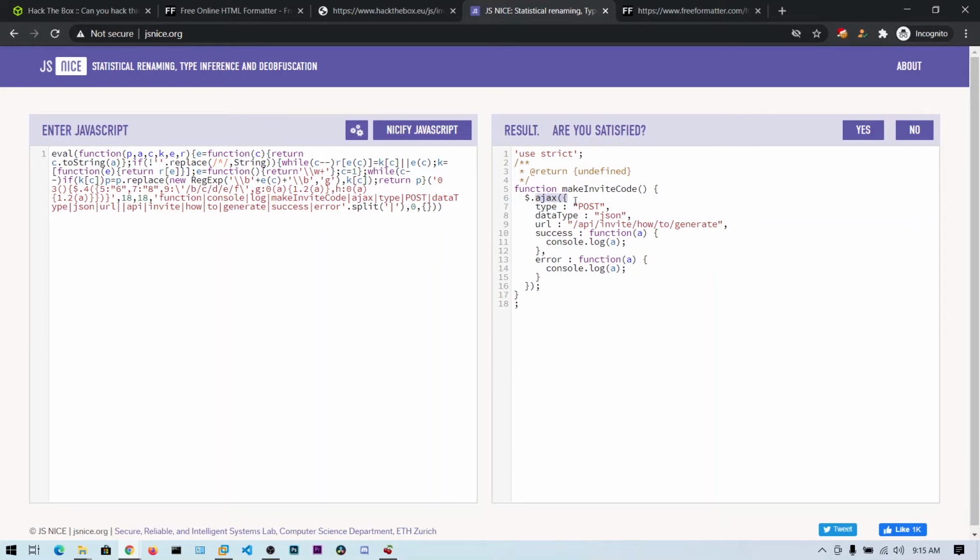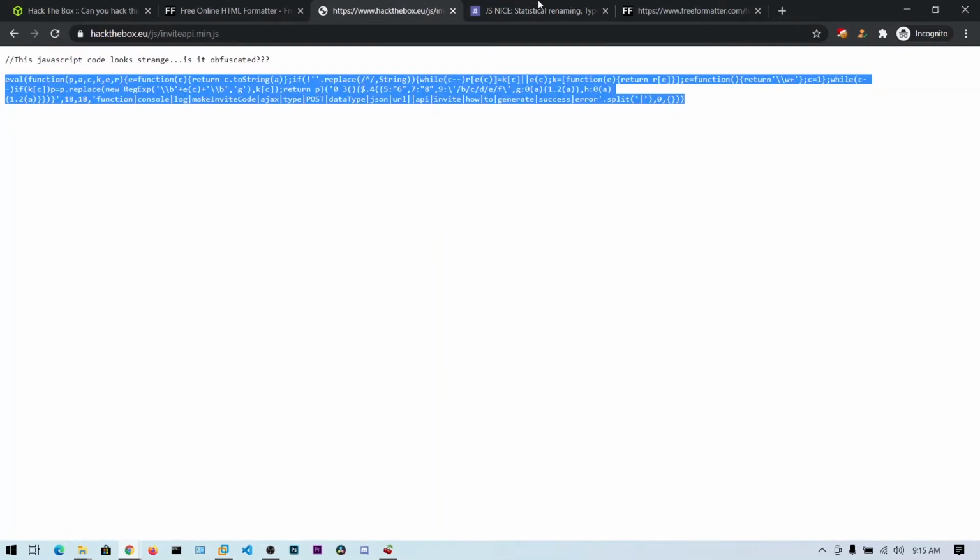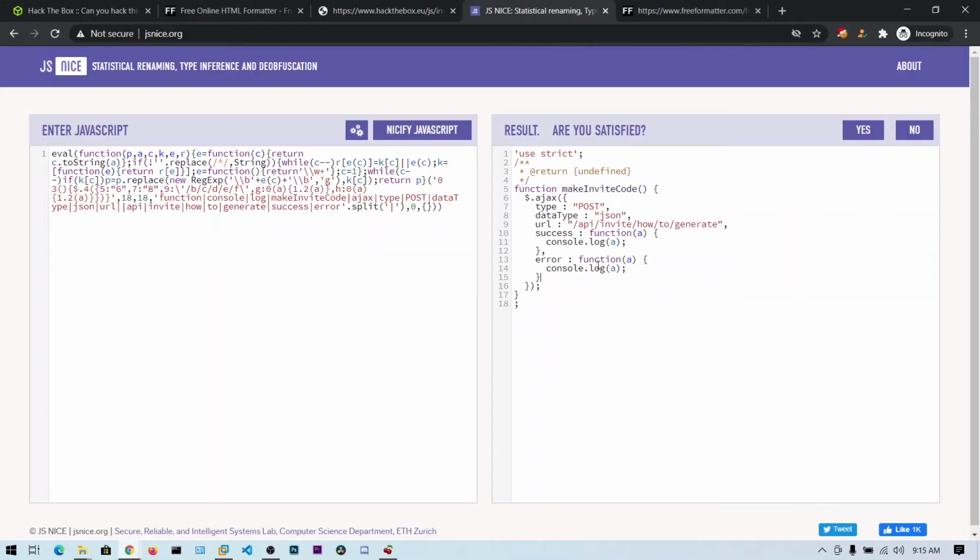You can see this is the Ajax request. There is a post request. This is the make invite code function, maybe executed on the server side, or we need to send the post request in JSON format to this URL.